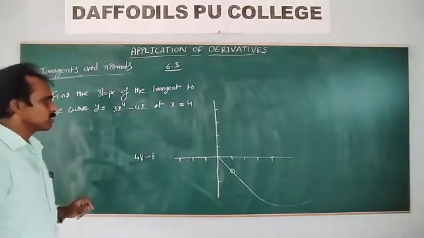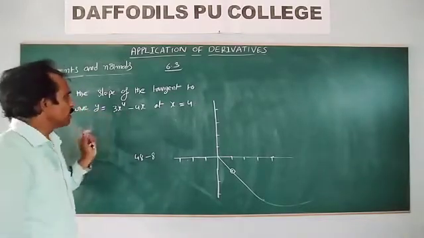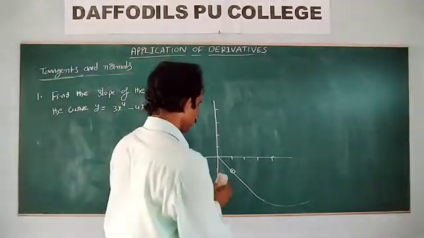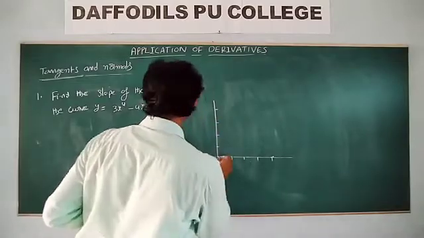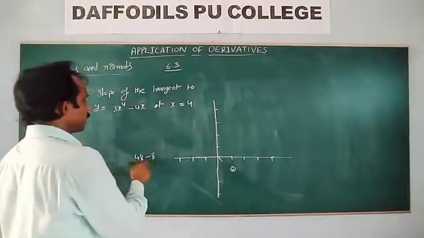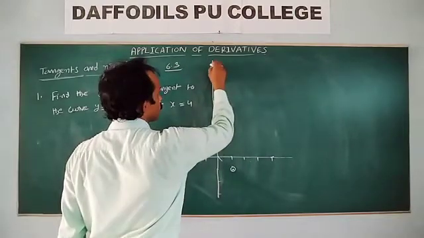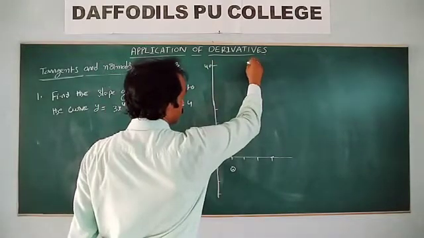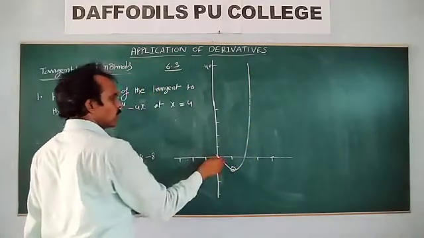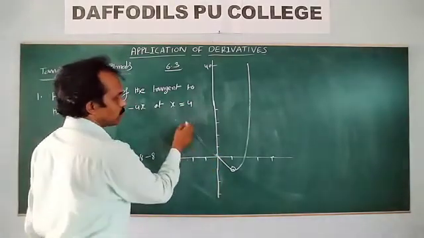Okay. Right. Next, increase the x values. Increase the positive value. This is the positive value. Put x is equal to 1, 3 minus 4, 1. x is equal to 2, 48 minus 8. So 2 means approximately this value. Suppose this is 40 here. Like this. Increase the x value, maybe that.